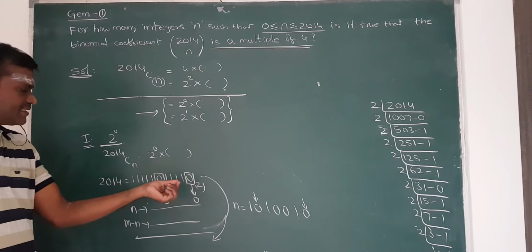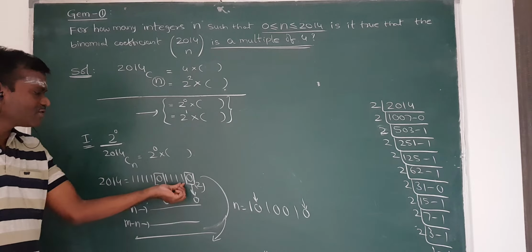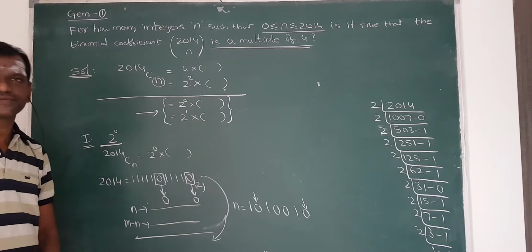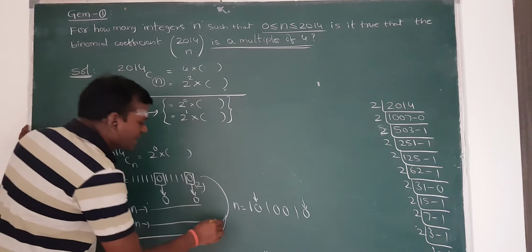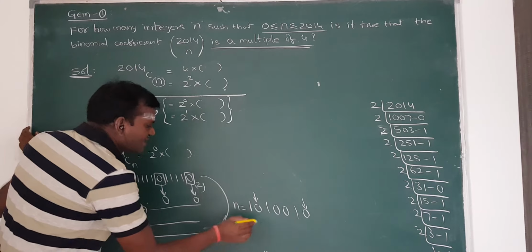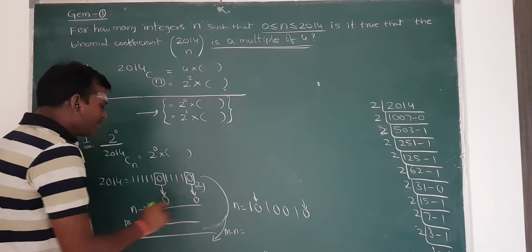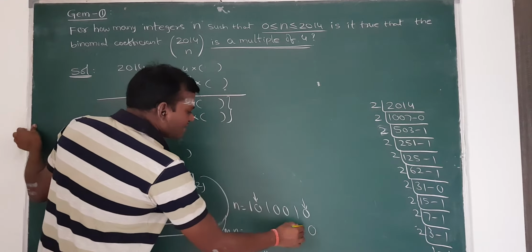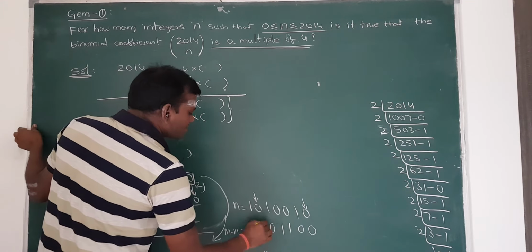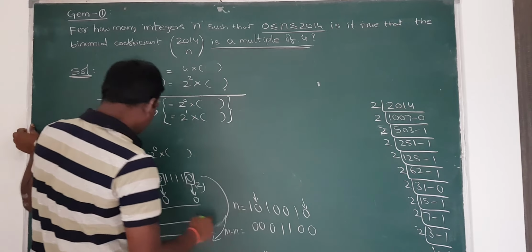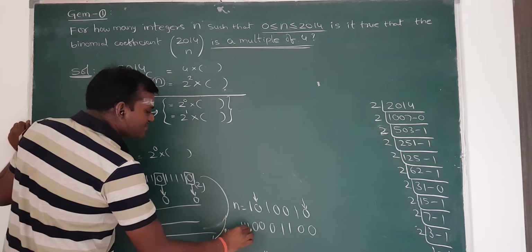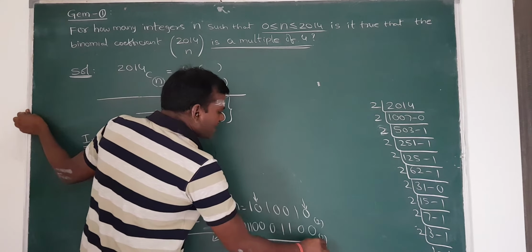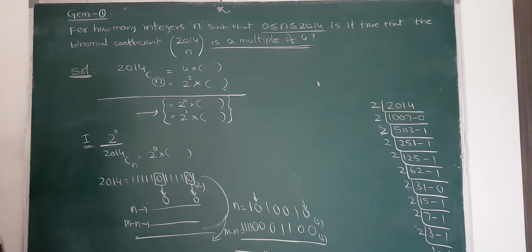Whatever the values may be, when 0 and 1 are only possible, you keep either 0 or 1 in these remaining places, except these two positions. Then always we will get the sum without carrying. So the m minus n value is here 0 only. Here I want 1, 0 1 1 0 0 0 and 4 ones I will keep. Then if I add these two terms, I am not getting any carrying here.